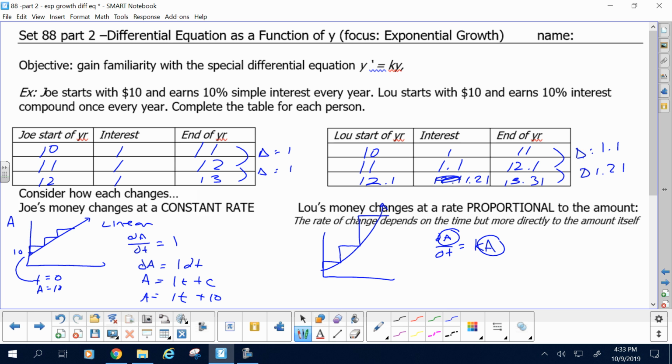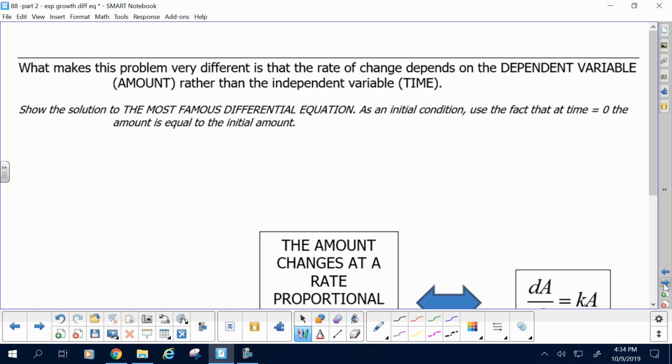That's like y's growth rate depending on what y is rather than x. That does sometimes happen, and especially in differential equations. It's pretty important. So it's worth investigating. But for now, understand that that's to be noticed. Let's move on then. If we take this equation, that the amount grows at a rate proportional to the amount,